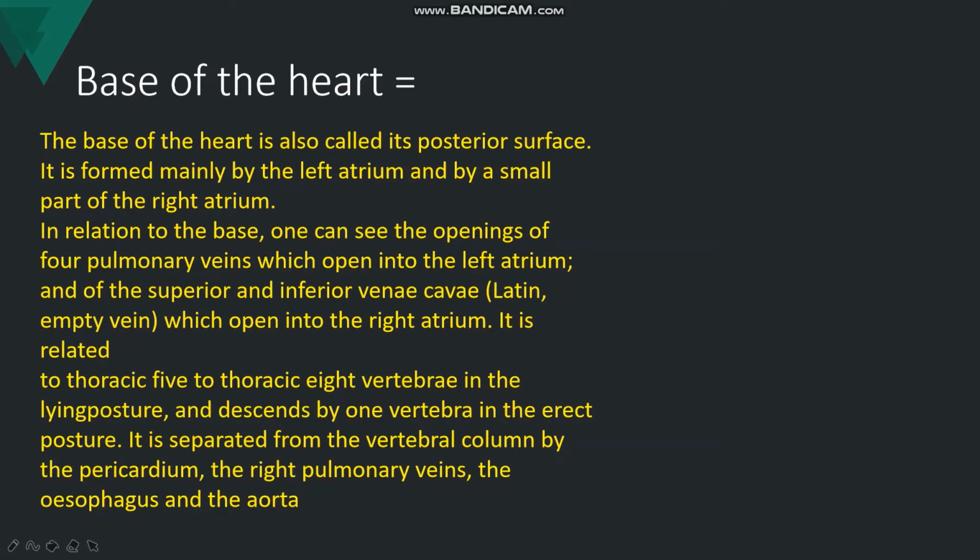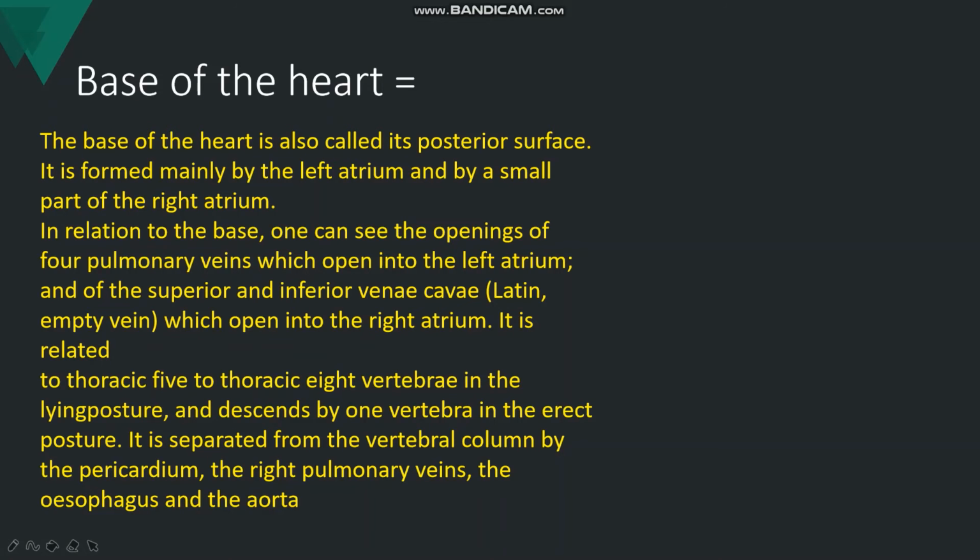In relation to the base, one can see the opening of the four pulmonary veins which open into the left atrium, and of the superior and inferior vena cava, which open into the right atrium. It is related to the thoracic 5 to thoracic 8 vertebra in the lying posture and descends by one vertebra in the erect posture. It is separated from the vertebral column by the pericardium, the right pulmonary veins, the esophagus,